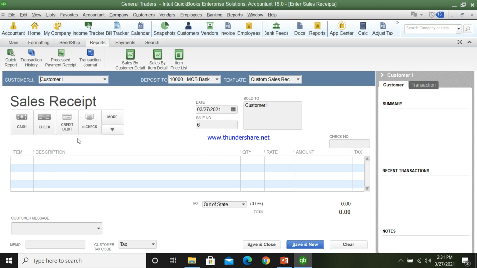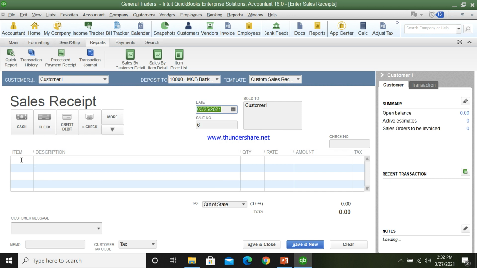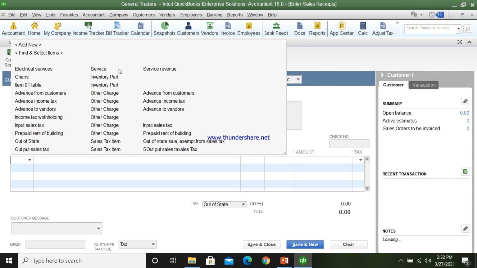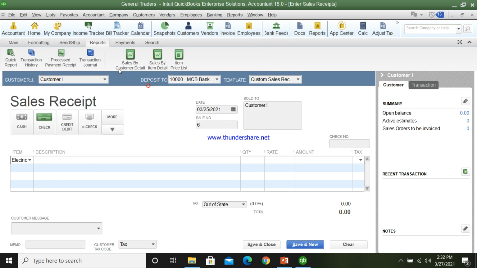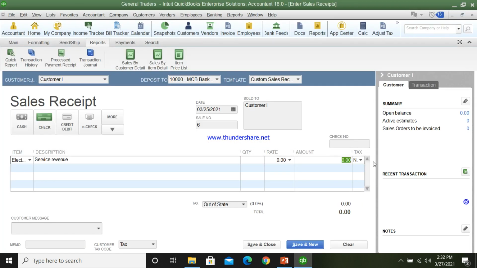Go to customer. This is our customer I. Select the date. I'm selecting the date as 25th of March, and the customer is giving us a check. The item is electrical services, which I am providing, and our total advance receipt is 600,000.